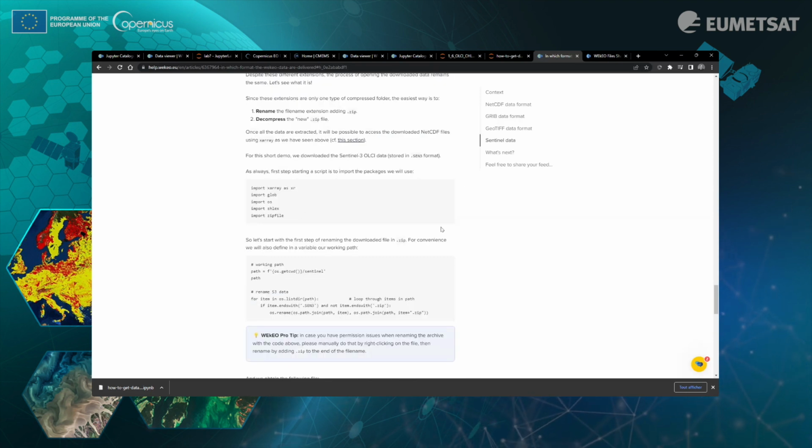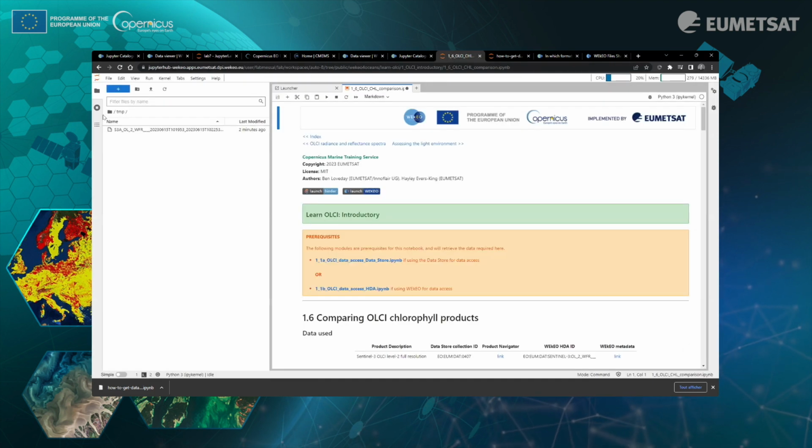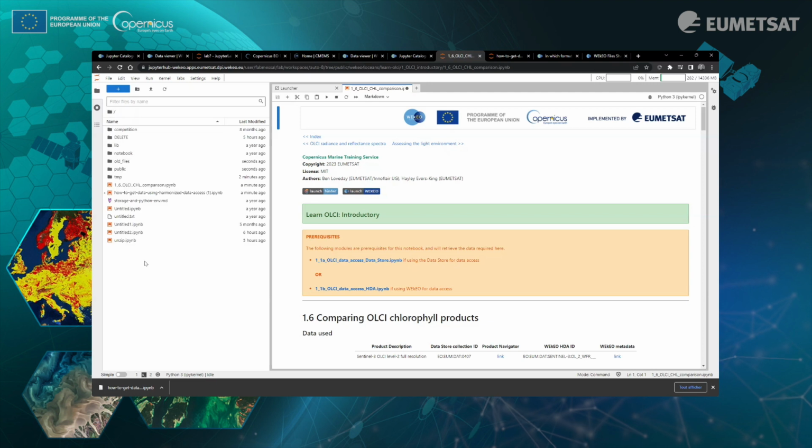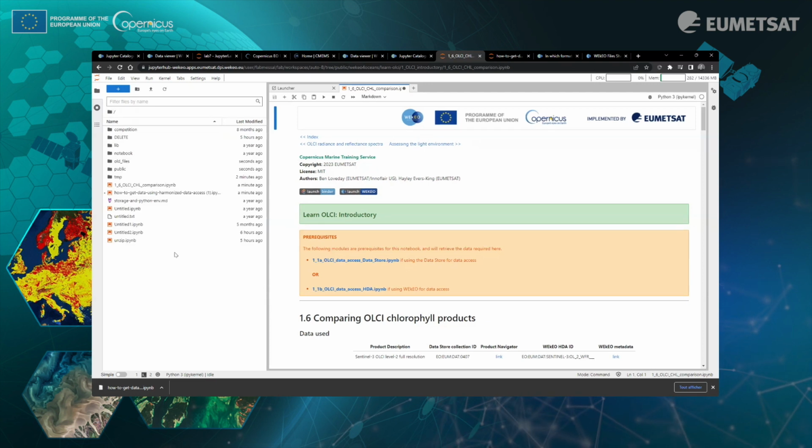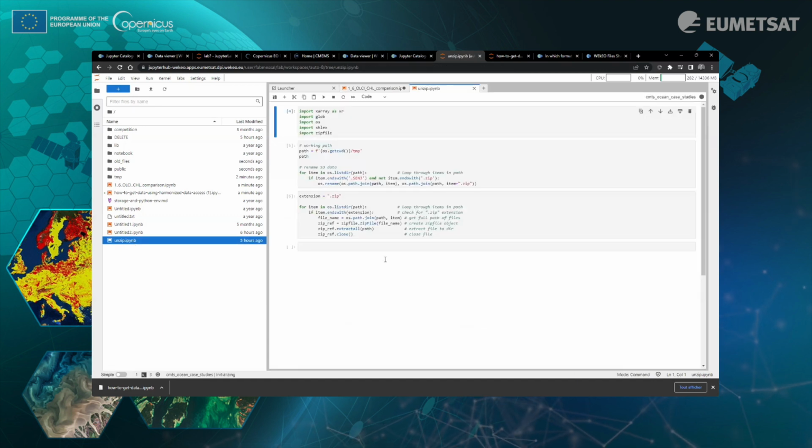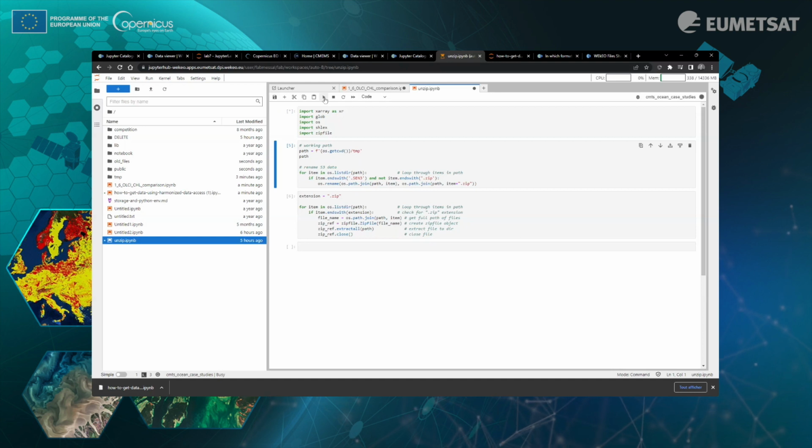So I will copy paste all the code and I will launch the file. I've already done that on my computer, on my instance. I created a Jupyter notebook dedicated to unzip the file. So I just copy paste the piece of code on this Jupyter notebook, and I have just to launch each cell.